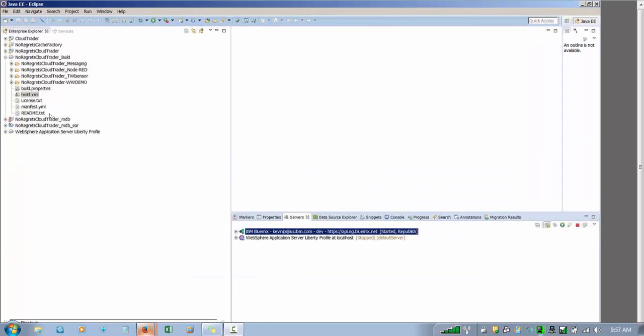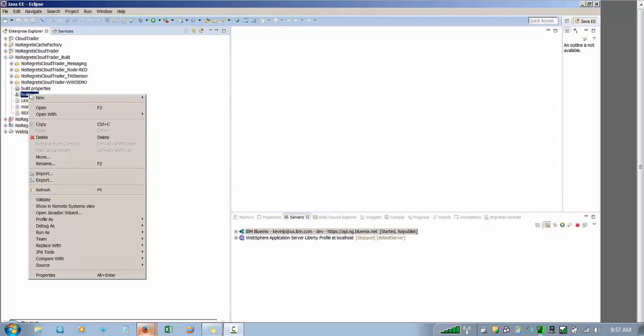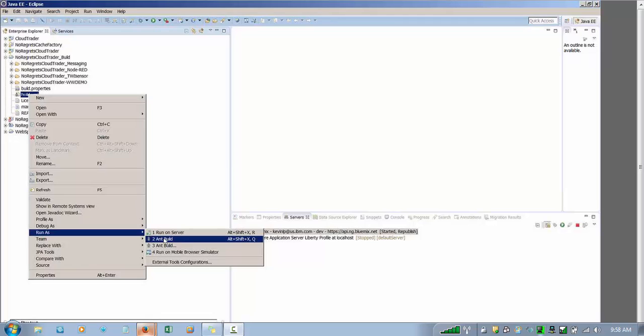Okay, so what we did when we developed the Java components of this application, we took the approach of putting it into a Java project, and we created some Ant scripts that would allow you to build an output that is basically the EAR file, the WAR file, the embedded jar files, and the Liberty XML file. So basically, at the end of the day, when we run this build, we have a Liberty server package, okay? And that Liberty server package structure gets put out on the file system, and then we can push that out